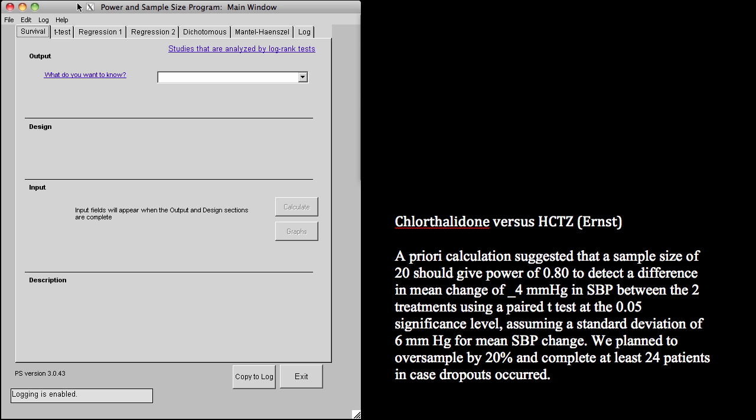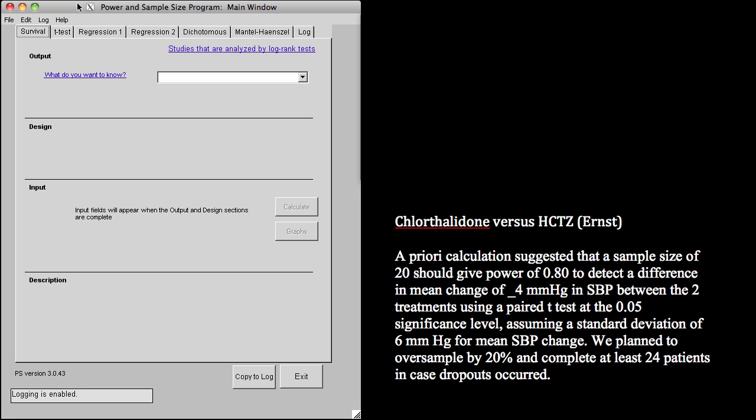So I have our first example, a study looking at chlorothalidone versus hydrochlorothiazide and the management of blood pressure. And the first author's name is Ernst. This is a paragraph out of the methods portion. I want you to see how this is normally worded. And the way that they word it,